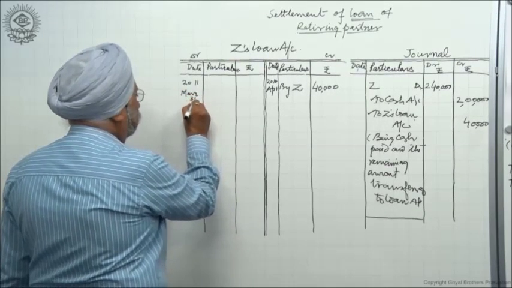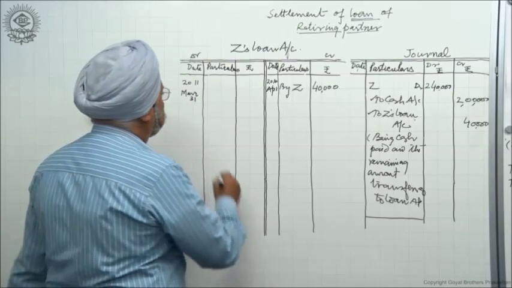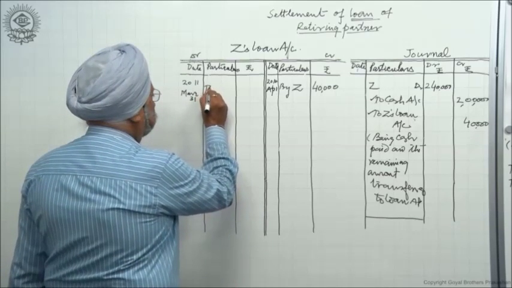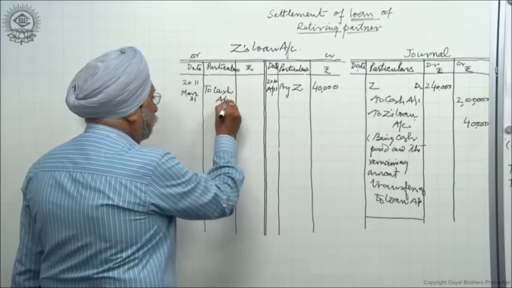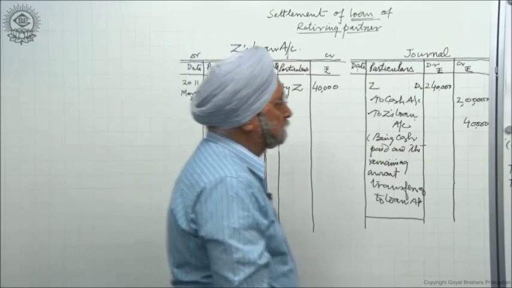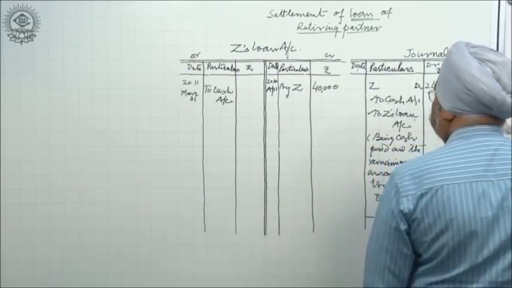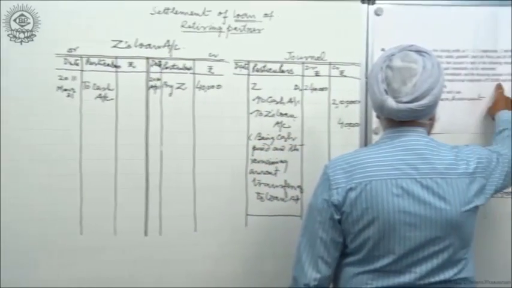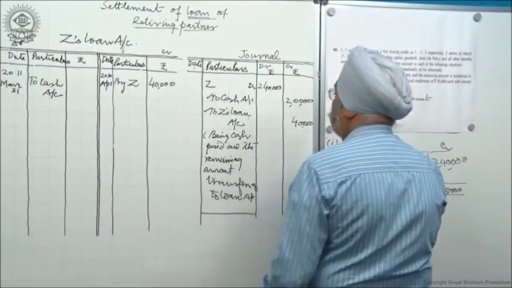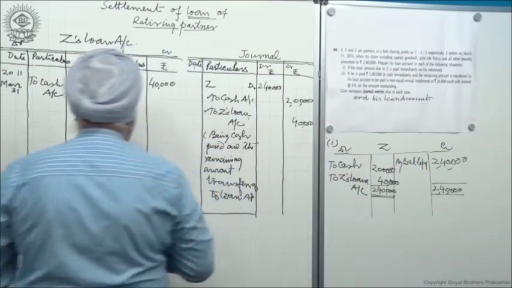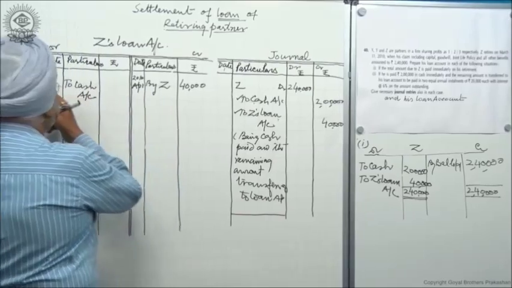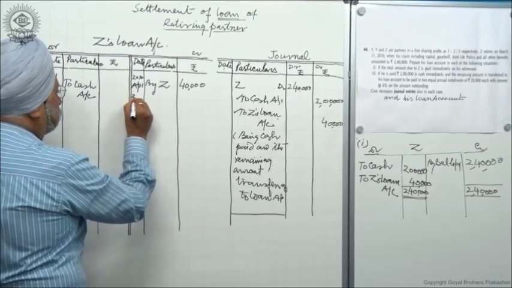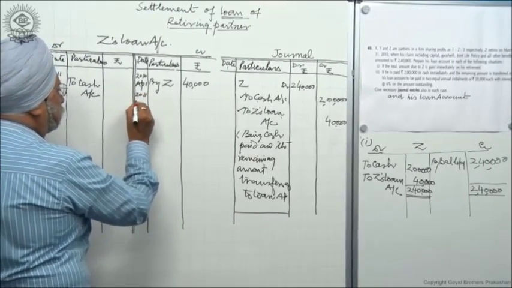March 31. Here we have to pay him, to cash account. Now how much is to be paid? It is mentioned here that he will be paid 20,000 with interest. Now interest will be calculated on this amount. So on this very date, 2011